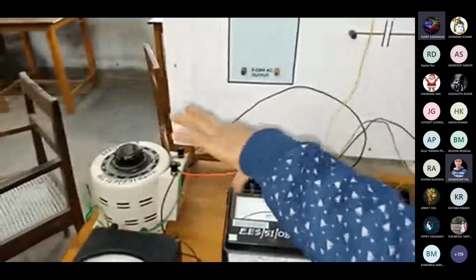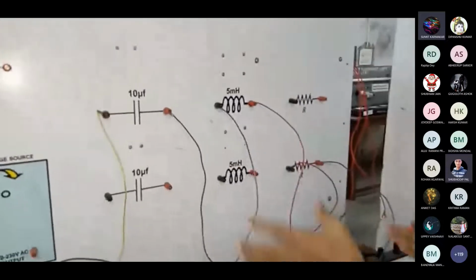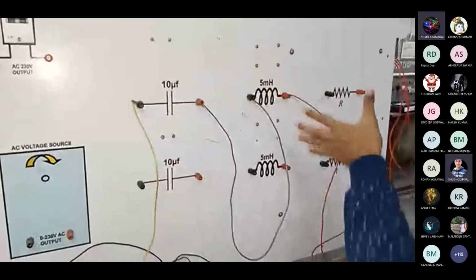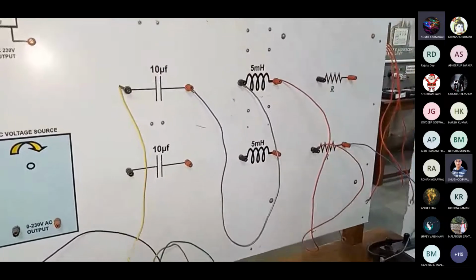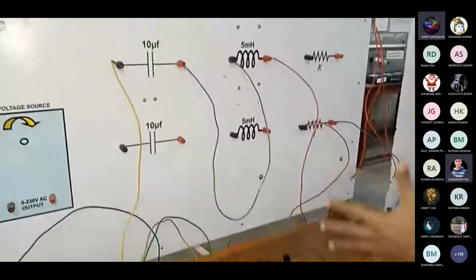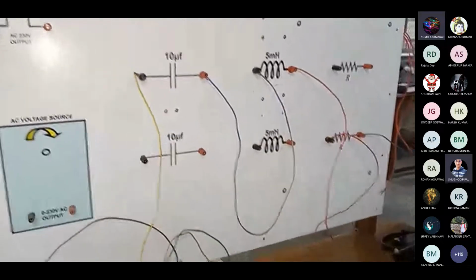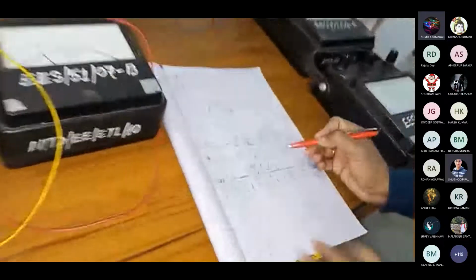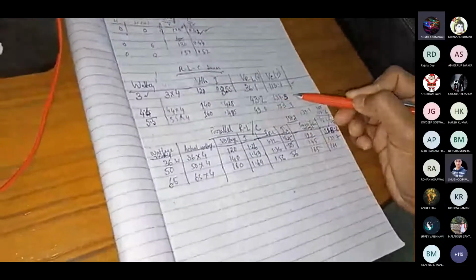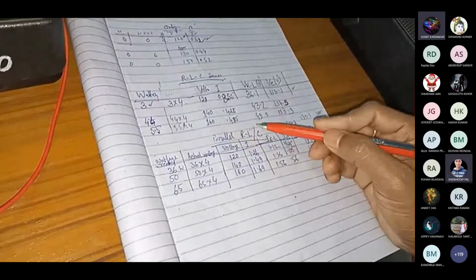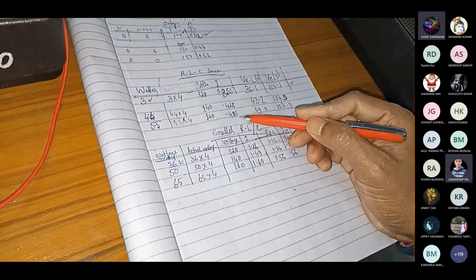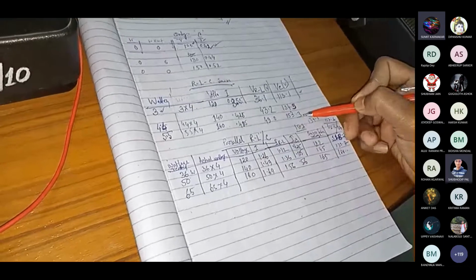Whenever we change the applied voltage across the load, what voltage comes across the capacitor, and what voltage comes across the inductor? Inductor means the choke, which means R as well as inductor together. So I have noted these voltages VRL and VC. Similarly for 160 volt, current noted 0.42485, VRL is 49.0, and VC is 153.3.